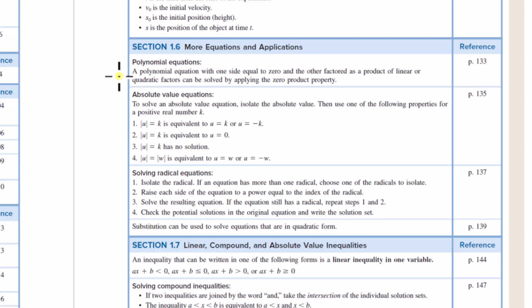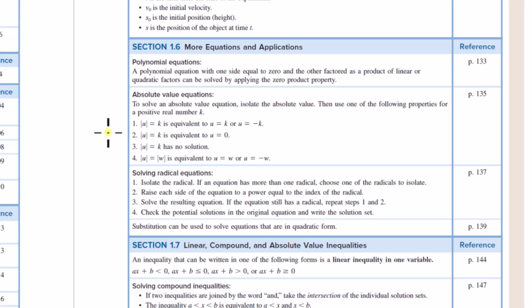And you solve polynomial equations by using the zero product property. You bring everything to one side, factor it, set all the factors equal to 0 to get all the solutions. All right. Next was absolute value equations, which is any equation to where there's just one term that has a